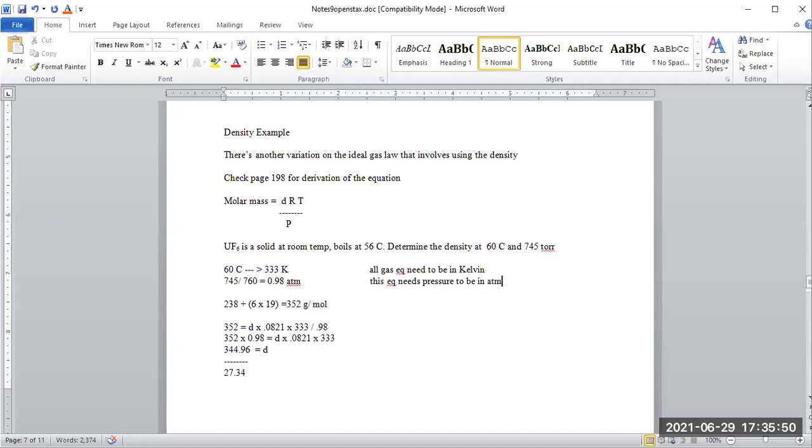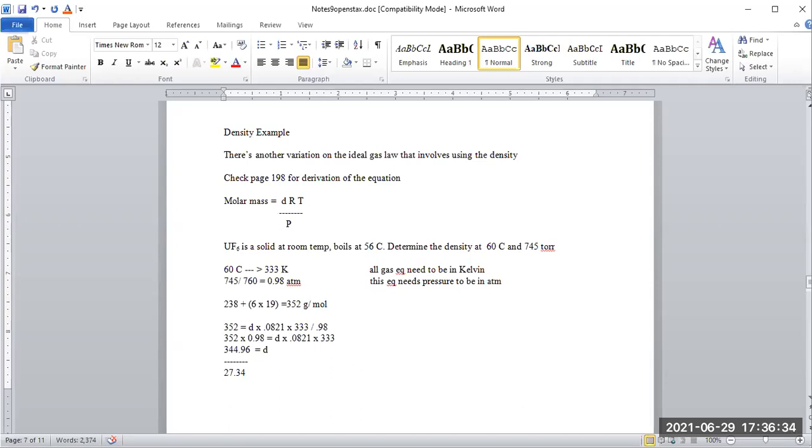So my molar mass is 344.96. Actually, I just realized I read too many lines down there. 238 plus 6 times 16, 6 times 19 gives you 352. Okay, put that in. We have density, which is our unknown. We have 0.0821, which is our R value. We have 333 as our Kelvin temperature, and our pressure is slightly under 1 atmosphere. Crunch all of that, and